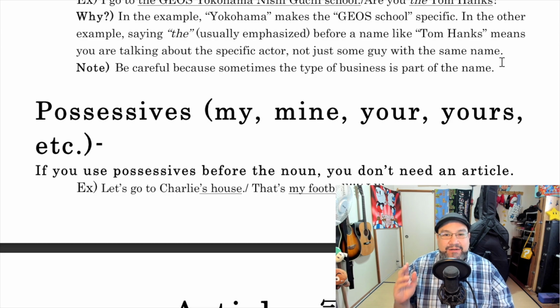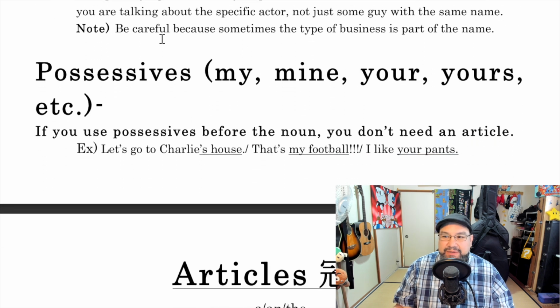Imagine you meet a man named Tom Hanks, but he's not the actor. So you tell your friends, oh yeah, I was talking to Tom Hanks. Somebody would say, what? The Tom Hanks? Means the one we all know? So we speak like that sometimes. I know the versus the. The should be for non-vowels, and the is for vowels. But in this case, we use the when we want to emphasize the Tom Hanks. It's kind of fun.